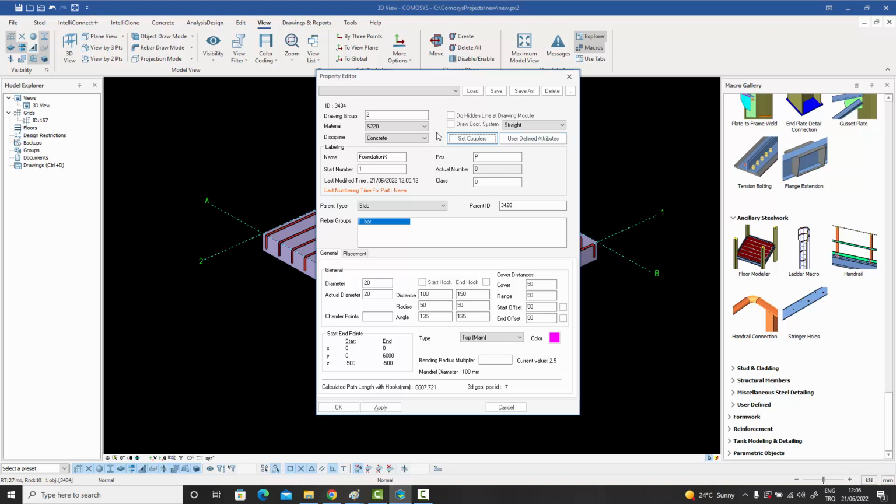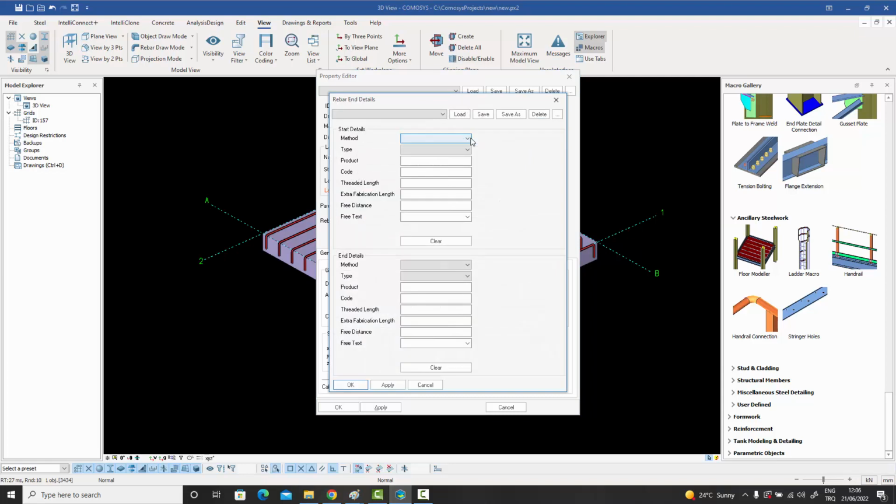I will have a separate video on the couplers option. If I were to go inside there, you have options of having a start detail and an end detail for the rebar, and you can set the various types, whether you want a coupler, a female, male, a threaded one, or an anchor. You can have types, whether it's standard type or a bridging type or a transition type, or there are several options available, and then you can have product codes and some geometric parameters for each one